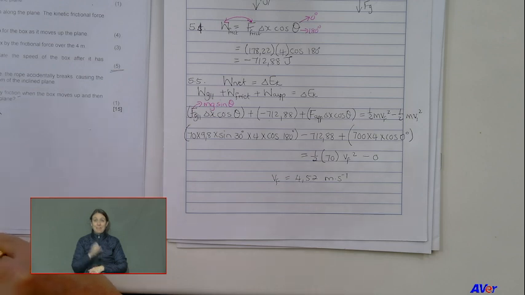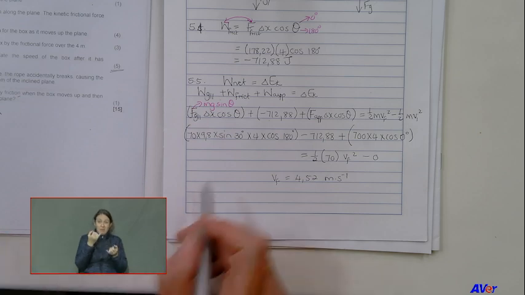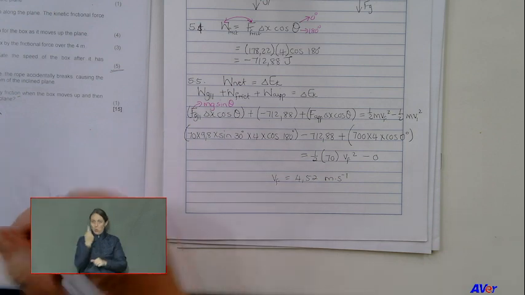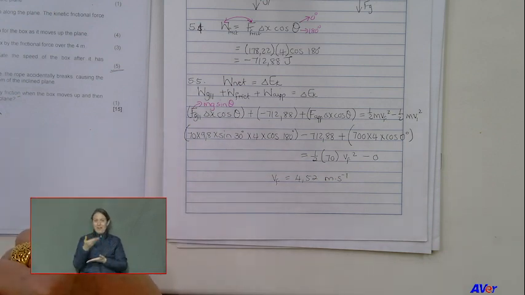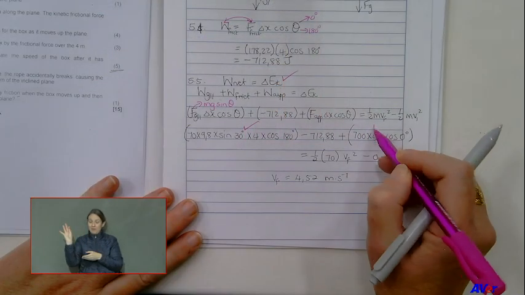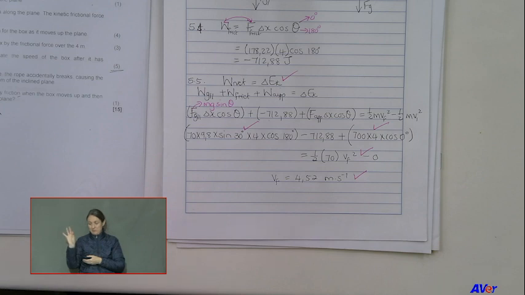If it's easier for you, work out each bracket separately and then you can put it in again. Just remember, then you can make more mistakes. So that's why I like to put everything into my calculator at once and just get the answer, because you don't get marks for doing maths. You get marks for the science. You're going to get a mark on the formula, and then you get marks on the substitution and marks on the answer. So it will be 1, 2, 3, 4, 5. Okay, so you're not going to get marks for all the maths that you do. We want marks for the science.